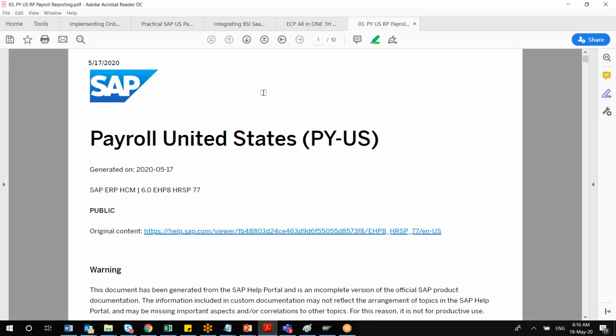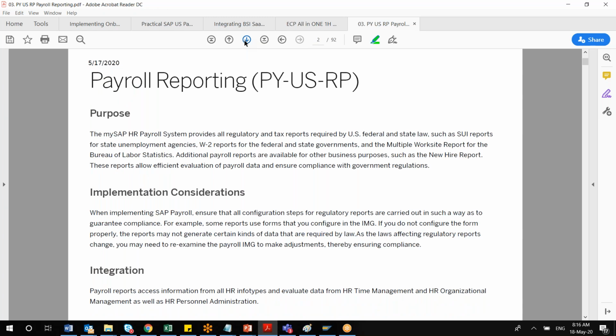This is around 92 pages of tax reporting itself. But it is not possible to show each and every report. I will take you through 3 or 4, then I will suggest you go through the remaining ones. They are more or less the same. The concept, the mechanism, the architecture, the integration, everything remains the same. The only thing is the report name is different, and it will be specific to some state or some other purpose. But all the major reports I will be taking you through.